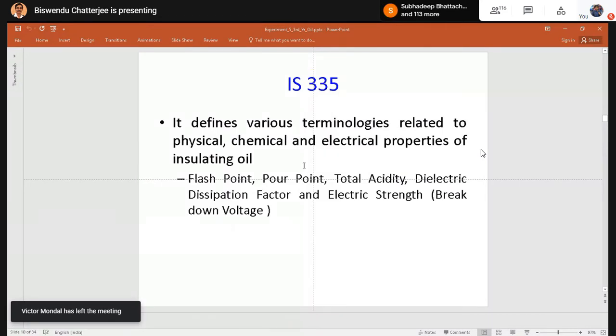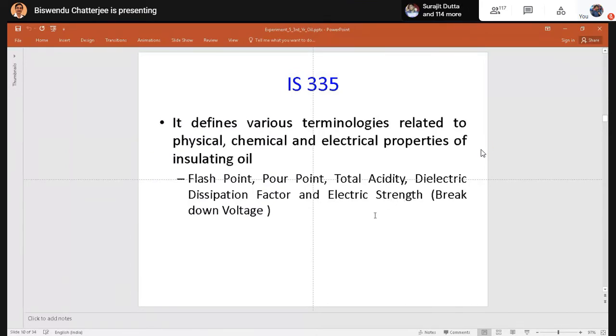First, it defines various terminologies. Again, I repeat, the terminologies and their definitions must follow a standard, and we will determine whether the properties are adhering to the standard or not. If it is okay, then we will pass the oil, otherwise the oil will fail the test. The flash point and pour point are physical properties. Total acidity is a chemical property. Dielectric dissipation factor and electric strength are the